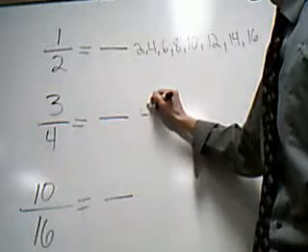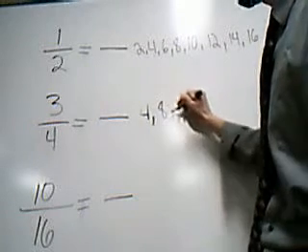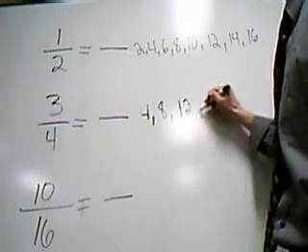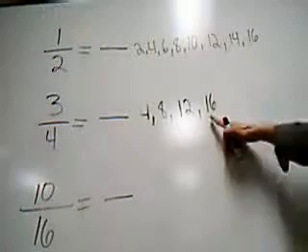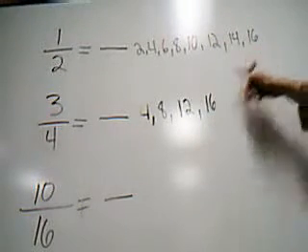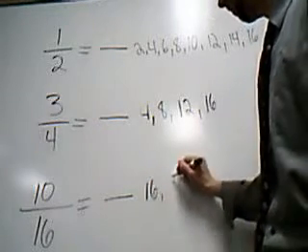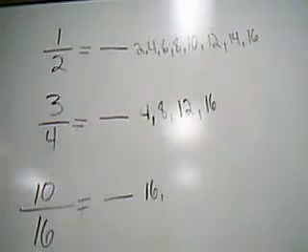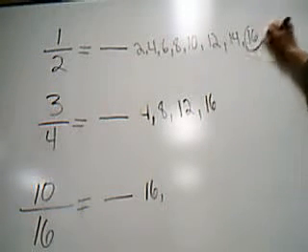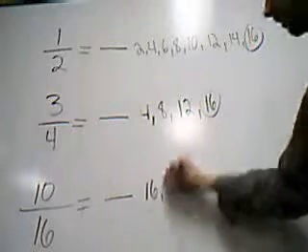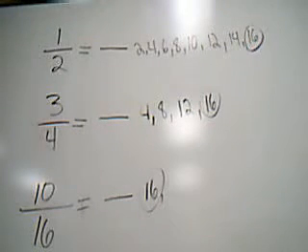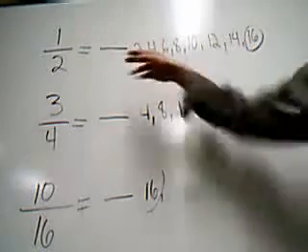Let's test it to be sure. 4, 8, 12, 16, and we see it crosses at 16. And of course, if we're going to count out by multiples of 16, we could say 16, and next of course would be 32, but we don't need to go that high. We can tell that the least common denominator is 16. So we can use that new denominator